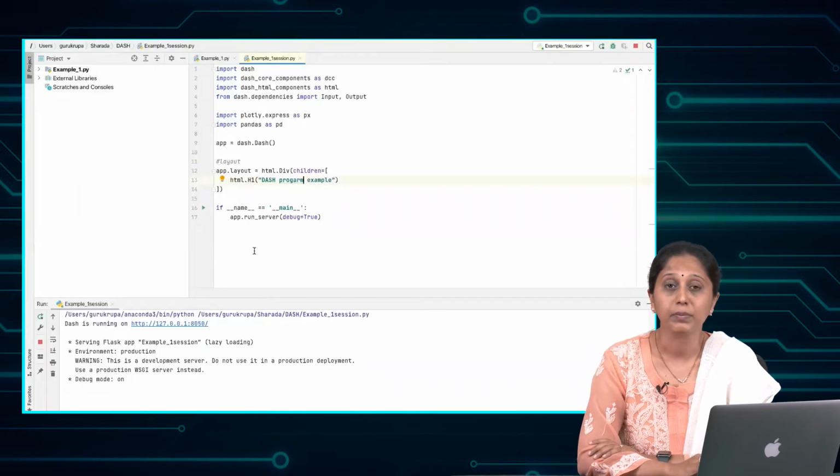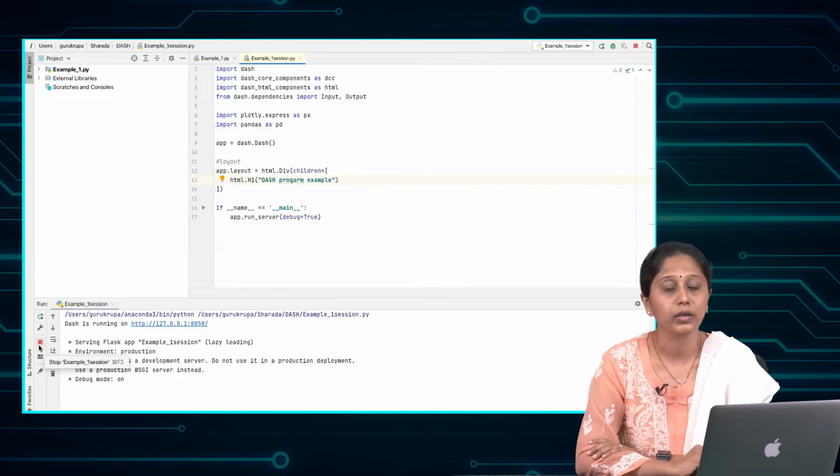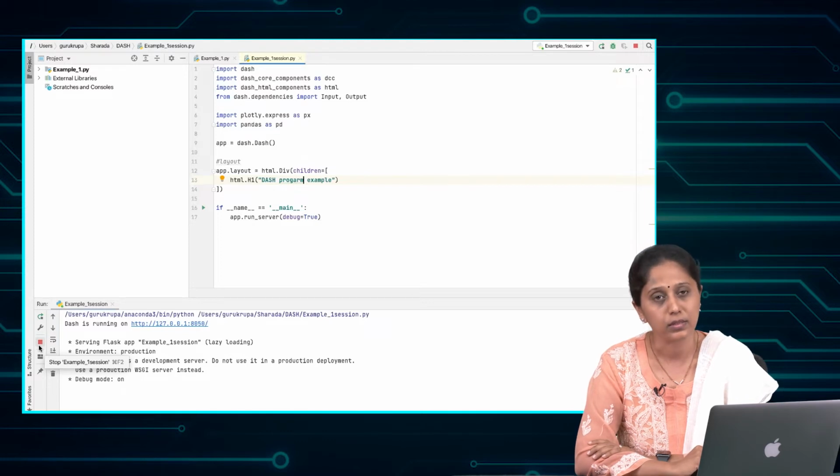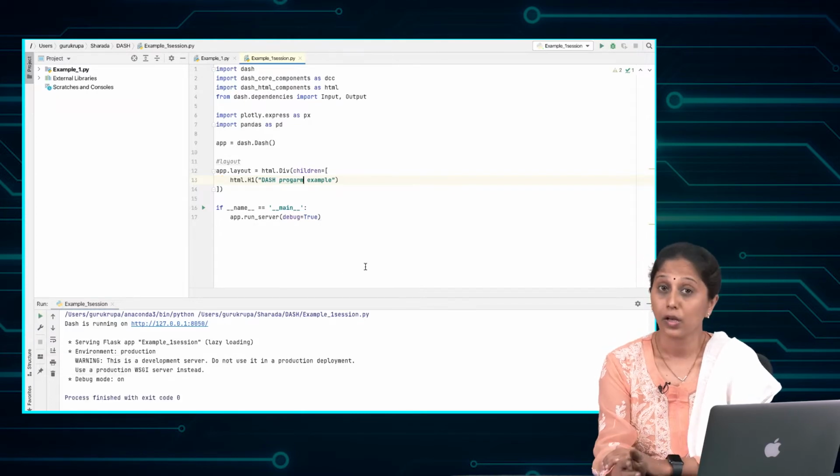The server can be stopped using the stop button here, or if you make any error in the program, then the code will exit the server by throwing an error. I'll stop the server.